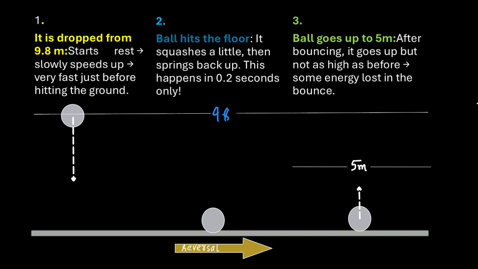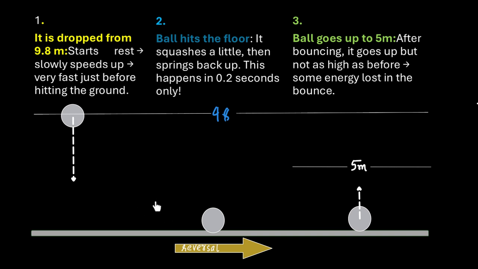I've just taken 3 instances to make sure that we understand the point clearly. So it hits the ground, and when it hits, it undergoes some kind of deformation in the floor. Why? We'll come to it in a while. And after that deformation, it goes up. It was dropped from 9.8, but it goes only up to 5 meter. Now you might be wondering, since it's 5 meter here, won't it be easy to do the calculation if it's 9.8? No, actually it's easier when you do it with 9.8 because the multiplier becomes very easy. So the ball is dropped from 9.8 meter, it hits the floor, it squashes a little, then it bounces back up to height 5 meter,